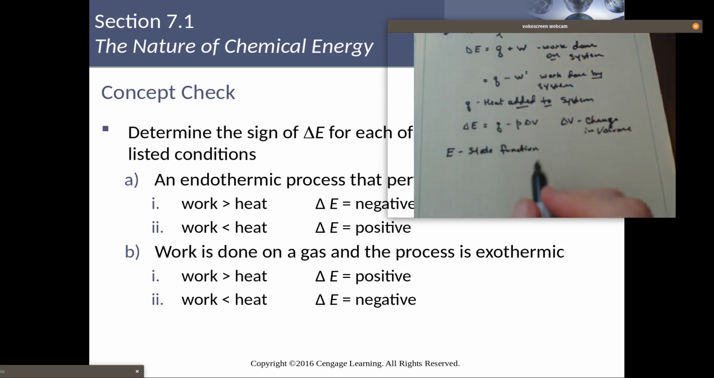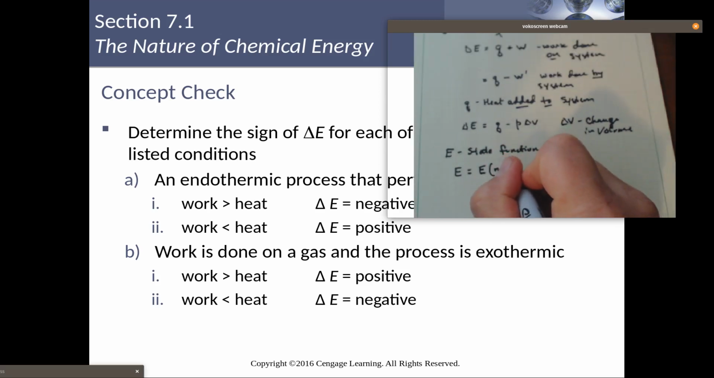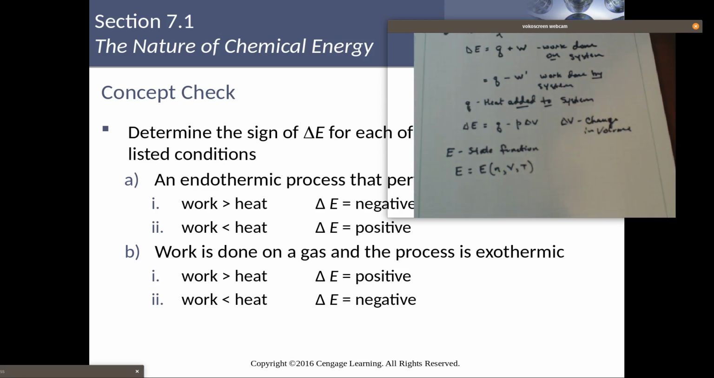Which means that it only depends upon the current configuration of the system. Now, when we talk about a gas or a chemical system, we might specify the energy as a function of the number of molecules in the system, the volume that they occupy, and the temperature. Or the number of moles of the system, the volume, and the temperature of the system. And so the change in the energy can represent the change in any one of these variables. I can change the volume, I can change the temperature,